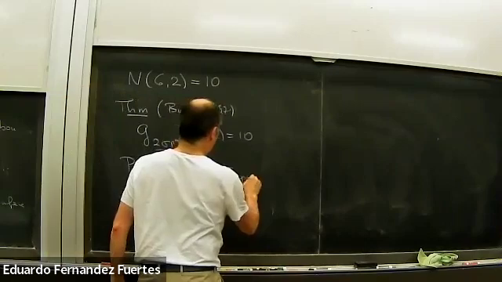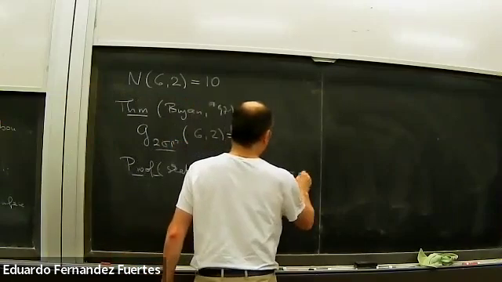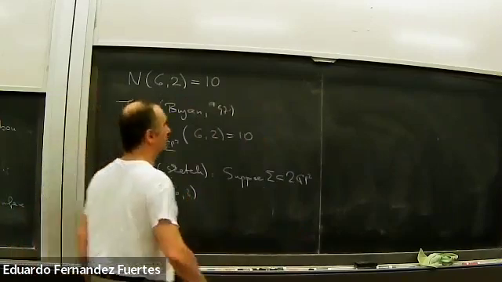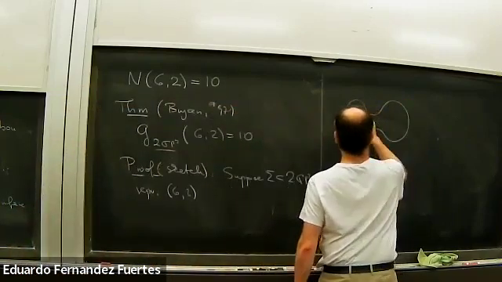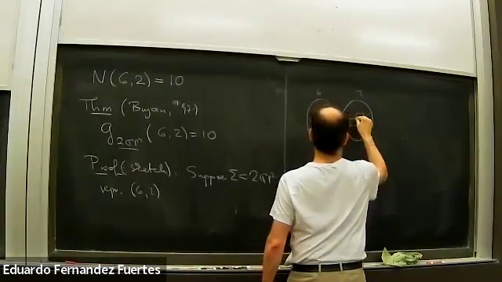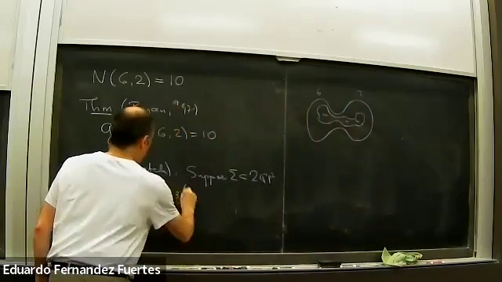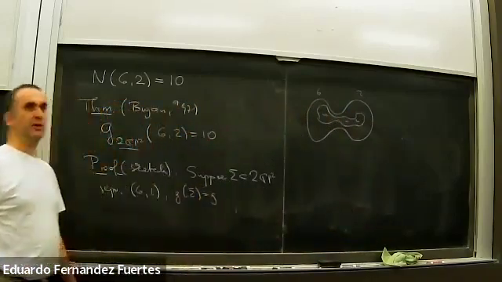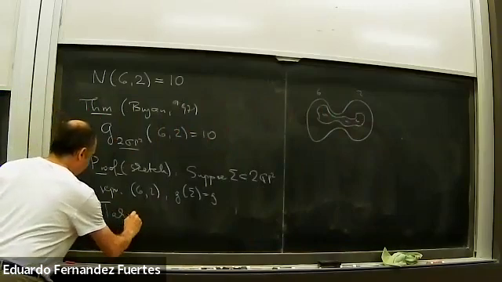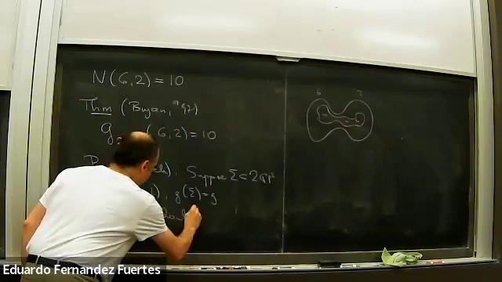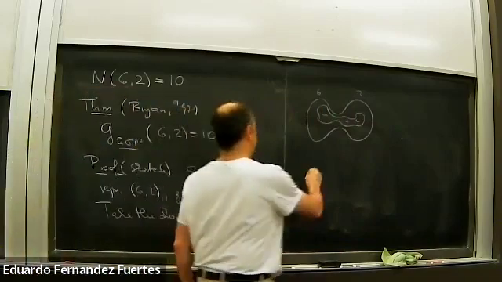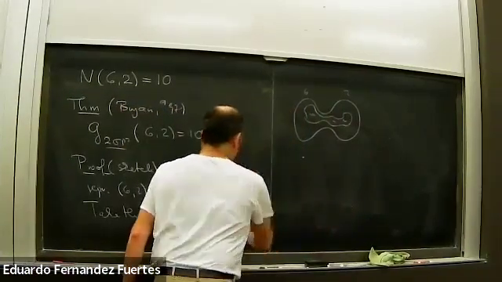Suppose sigma in 2CP² represents (6,2). So there is this sigma, which is a very complicated genus g surface. What can we say about the genus? The idea is to take the double branch cover. Now I will make a few statements. The first statement is that the cover, call it X,